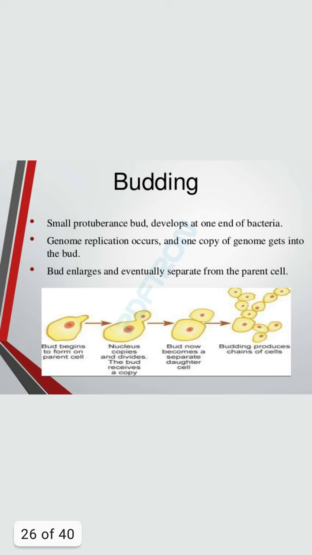Next topic is budding. A smaller protuberance, or bud, develops at one end of the bacterium. Genome replication occurs and one copy of the genome gets into the bud. The bud enlarges and eventually separates from the parent cell. Nuclear material copies and divides, and the bud receives a copy. The bud now becomes a separate daughter cell. Budding produces chains of cells. At last, the bud produces